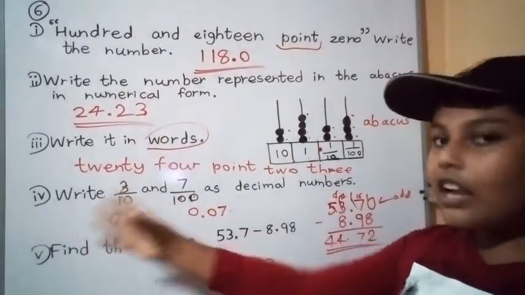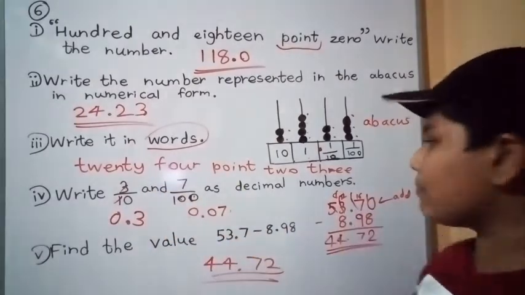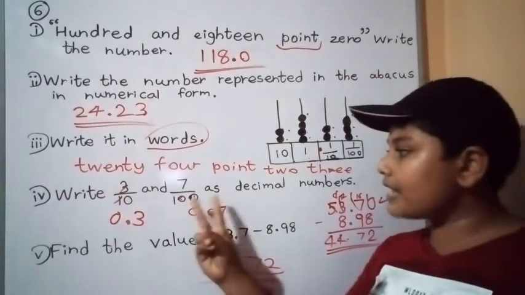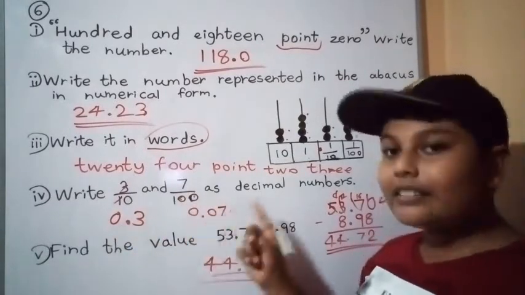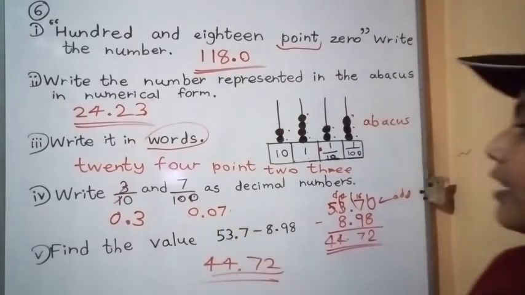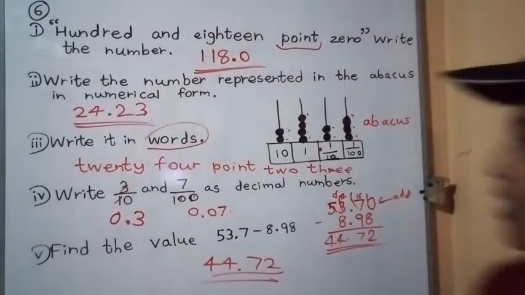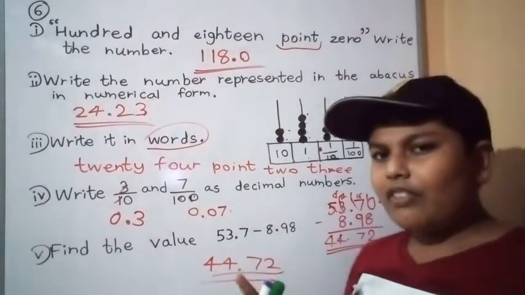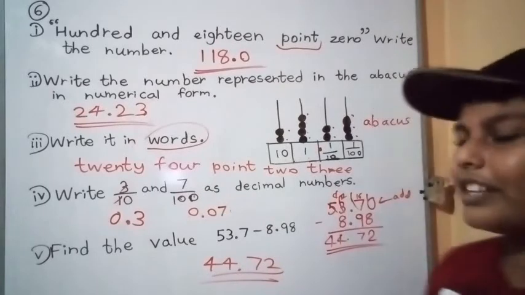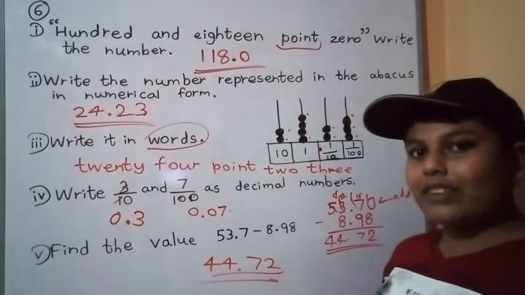Now the fourth one: write 10 over 3 and 100 over 7 as decimal numbers. We can cut it down like this. They have 1 zero, so 0.3. They have 2 zeros, 0.07. Now they are 100, they are 1001. We want to add 3 zeros. Like that, 10,000 has 4 zeros, 100,000 has 5 zeros. Like that, decimal numbers are written like that.